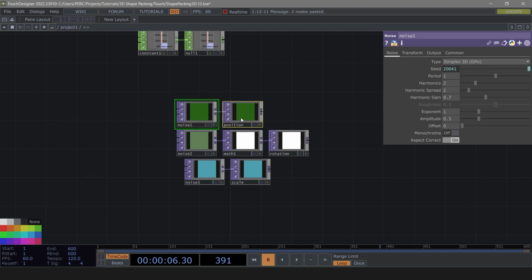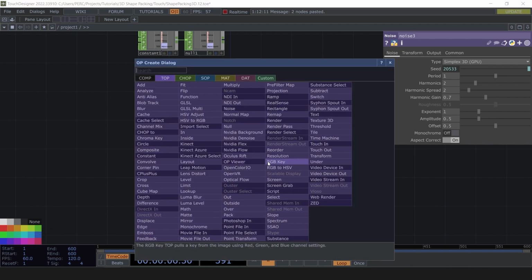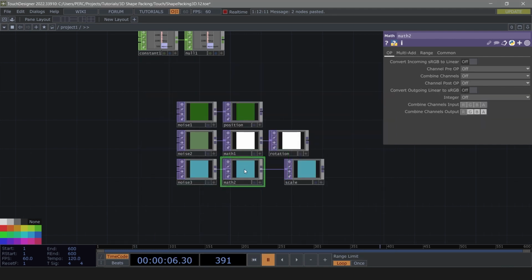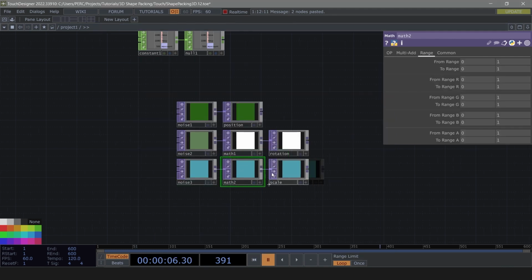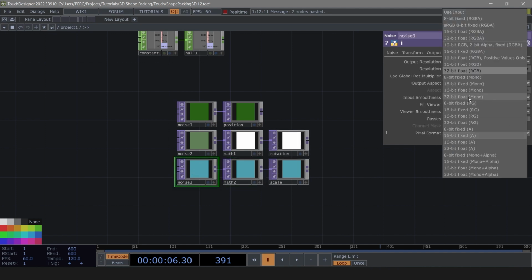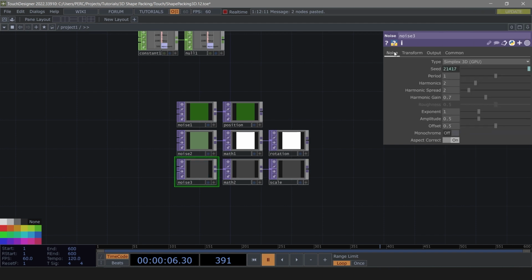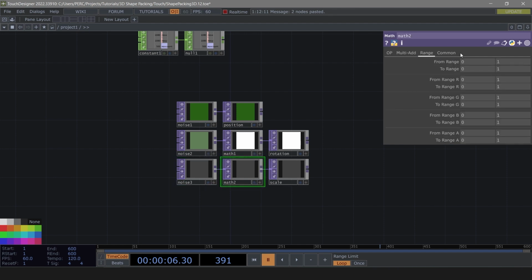And our scale, again, I'm going to use a math, and here this one actually, I'm gonna make it mono for now, and here we're gonna rearrange this from 0 to 1 to like 0.02 and 0.1. Okay,